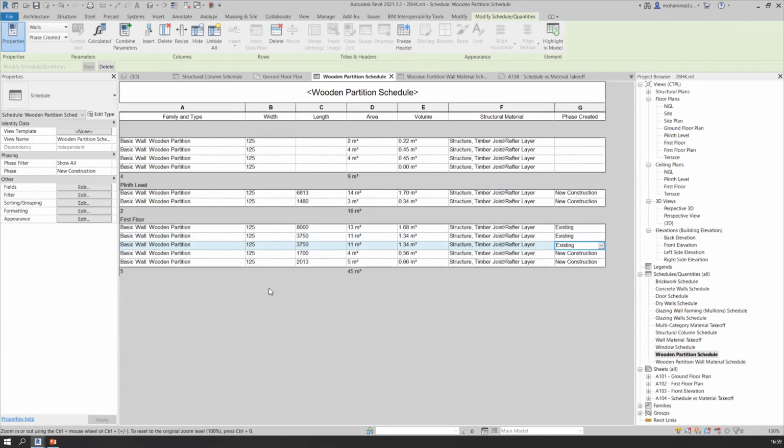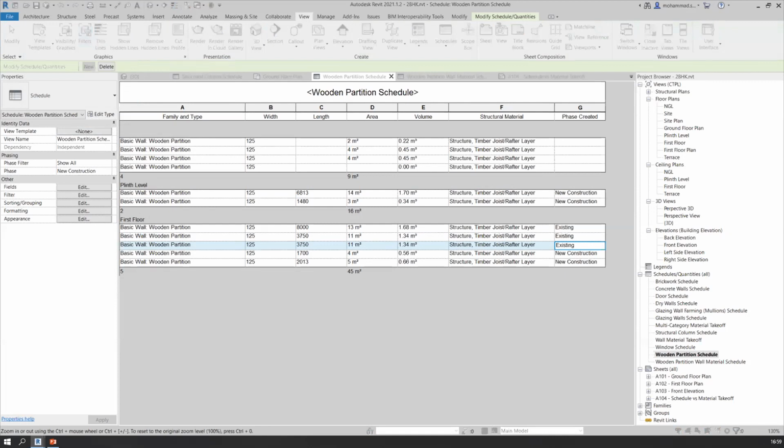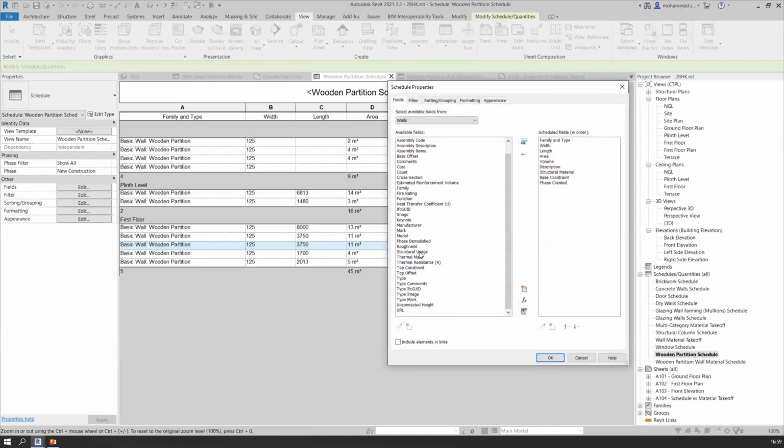Now I want to specifically show only those phases. Go to the View tab. Just a minute. Okay, I'll add another property, that is demolished, for a while.